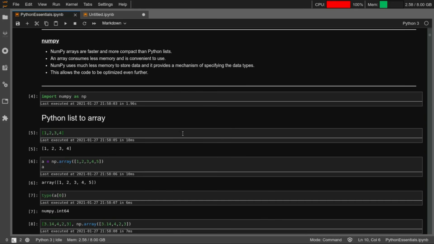NumPy is essentially a library which allows you to do numerical computations in a much quicker way, right? NumPy has data structures that allow you to store matrices, multi-dimensional matrices. These are called arrays, and it also has functionalities which are much quicker than, let's say, list operations. If you have a list and you want to find the sum of all the numbers in that list, you can do that with a vanilla Python list, and you can do it with NumPy. The advantage with NumPy is that it will be much faster, it will be quicker, right?